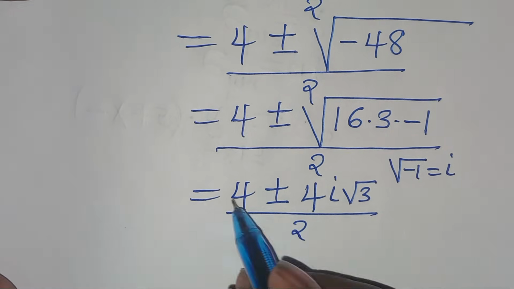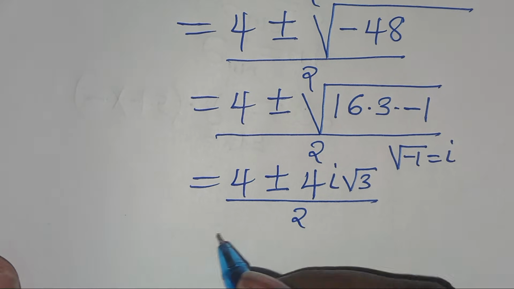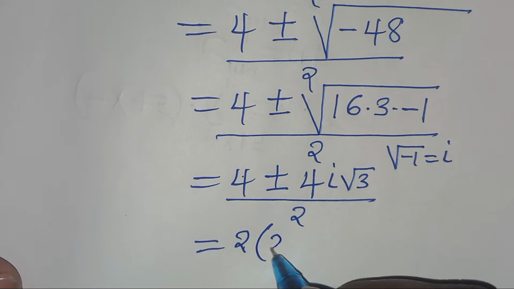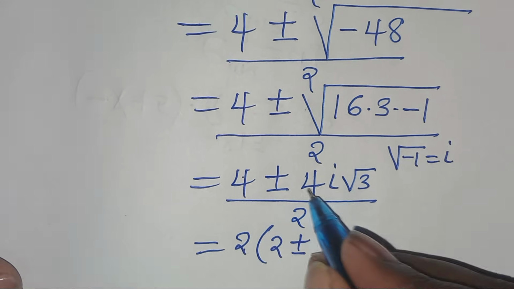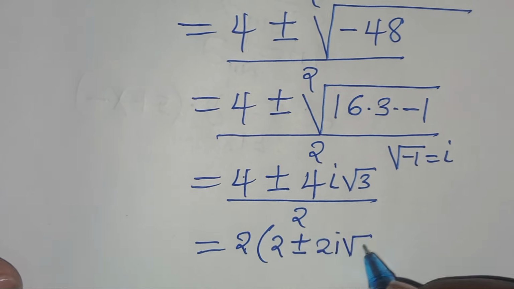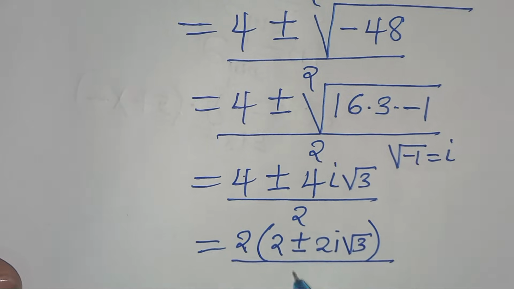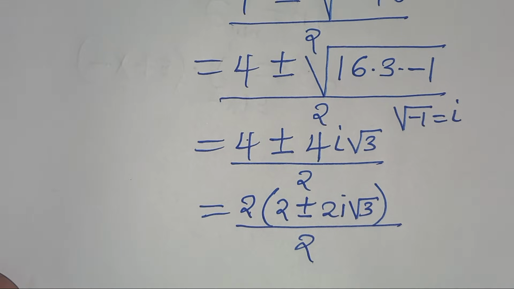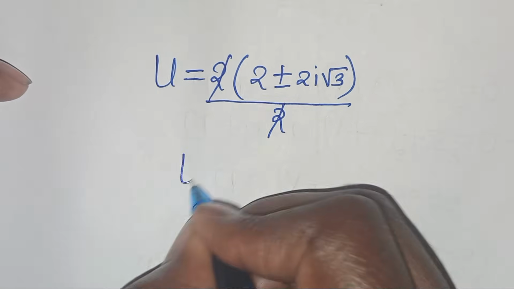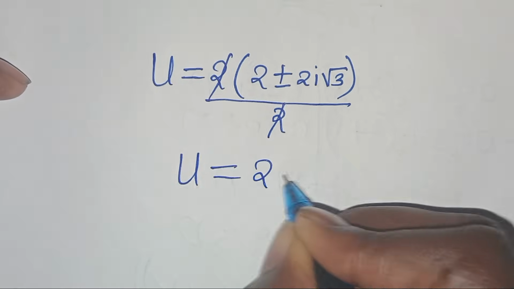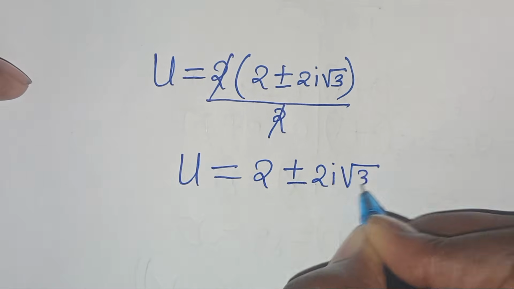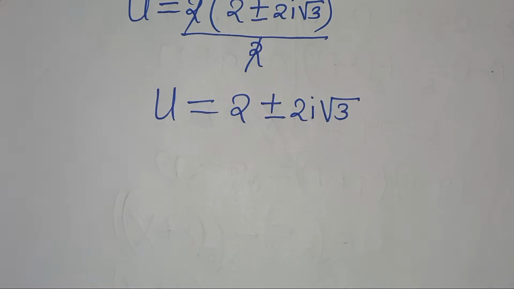Now, in the numerator here, we have that 2 is common. We can factor out 2 so that now 4 divided by 2, this is 2 plus or minus 4i square root of 3 divided by 2. This is 2i square root of 3 divided by 2. Now let's simplify 2 and 2 here so that we have u is equal to 2 plus or minus 2i square root of 3. Now, if you recall,